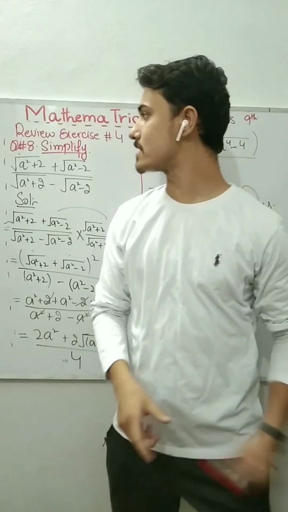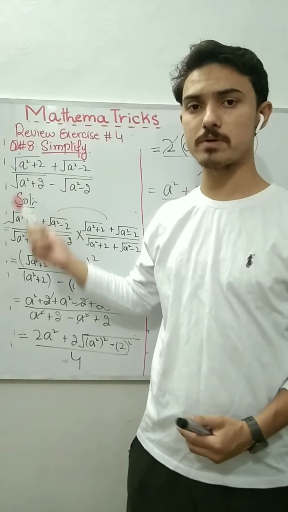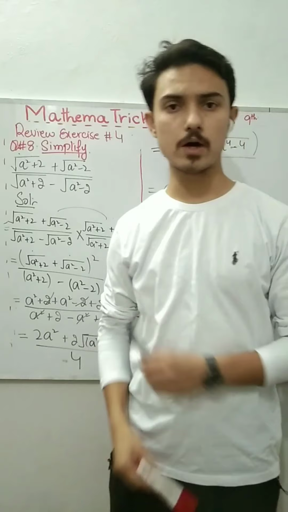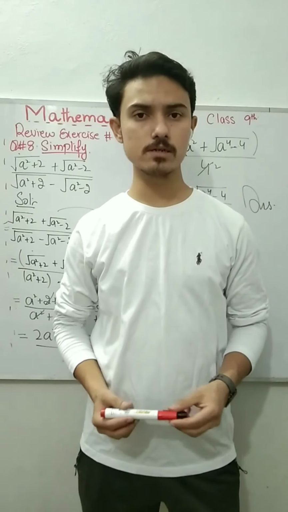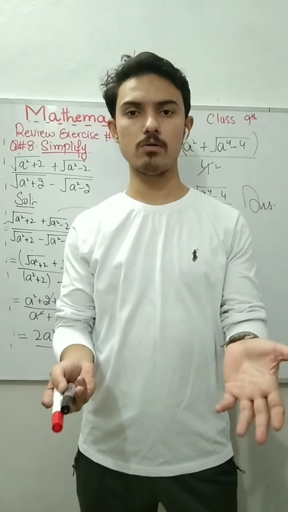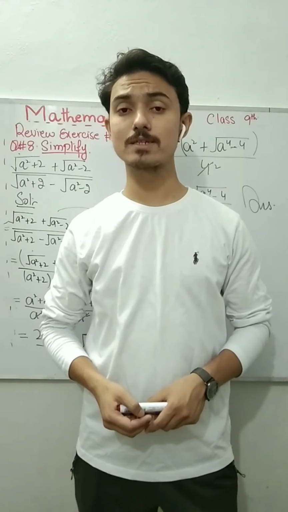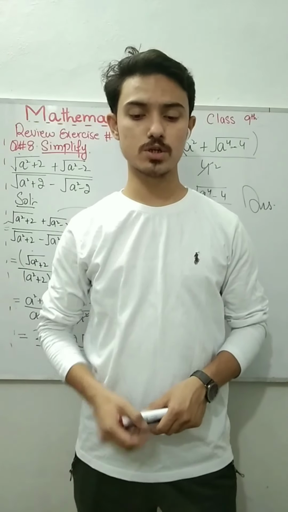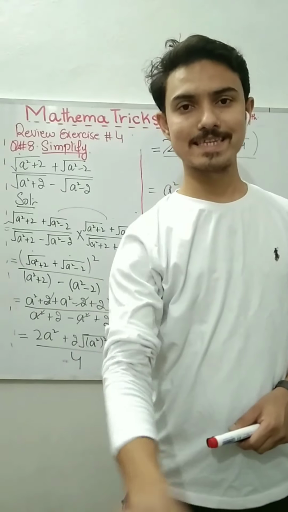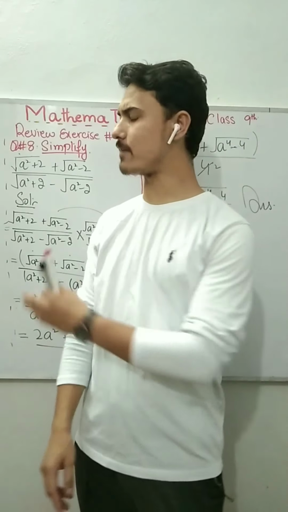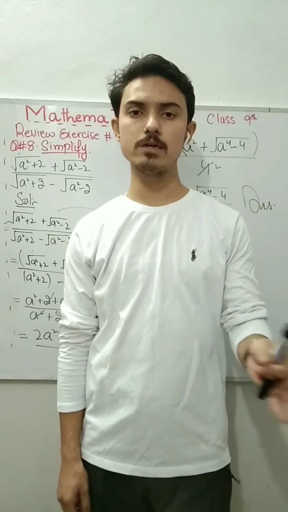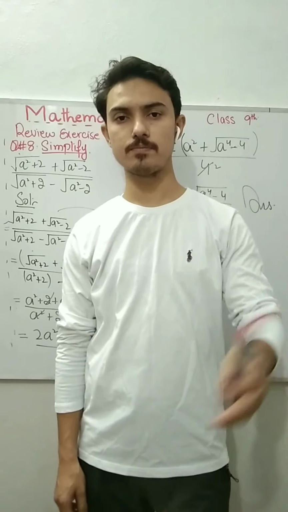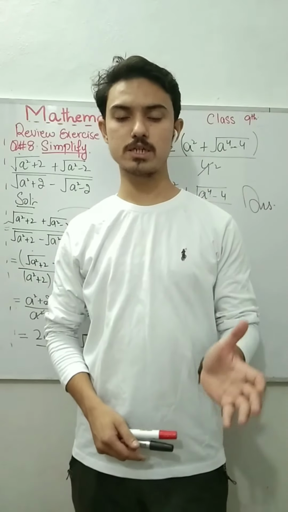Okay, so this is part first of question number 8. You have another part 2 from question number 8, which is quite similar. So now, although we just completed the review exercise of chapter number 4, questions 5, 6, 7, 8, we just left some of the parts because they were quite similar and you need to do them yourself. That's all. We just completed chapter 4.